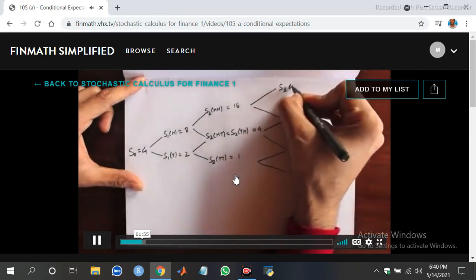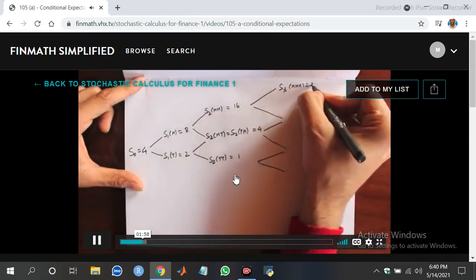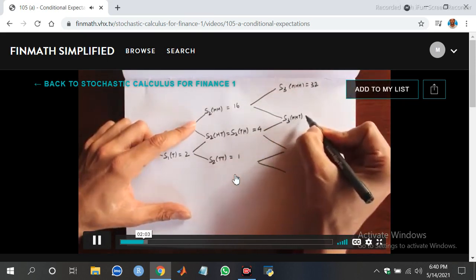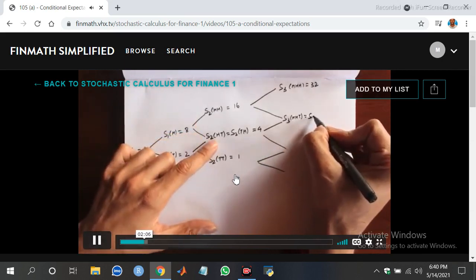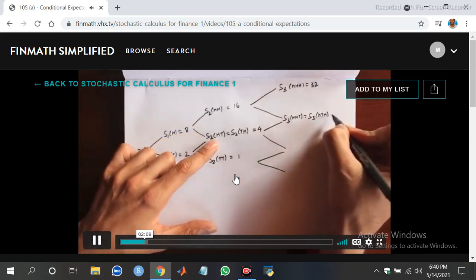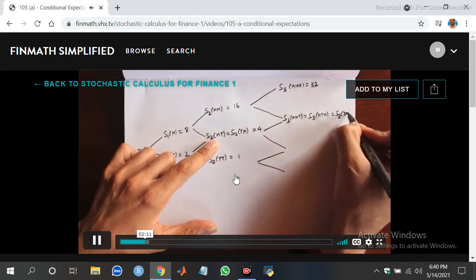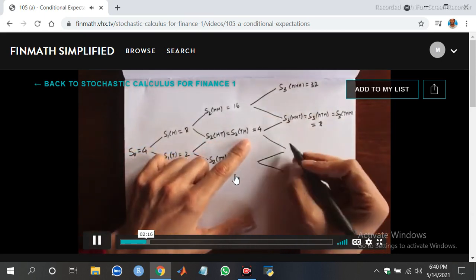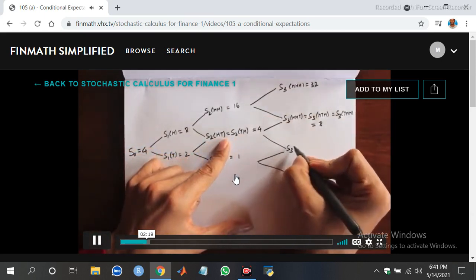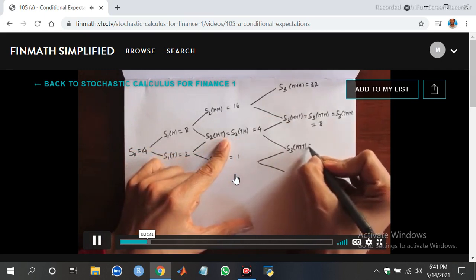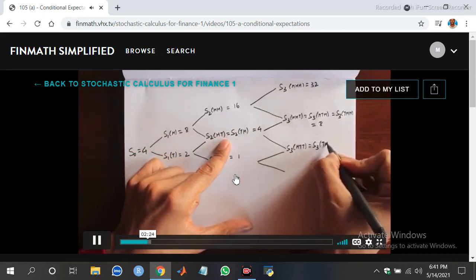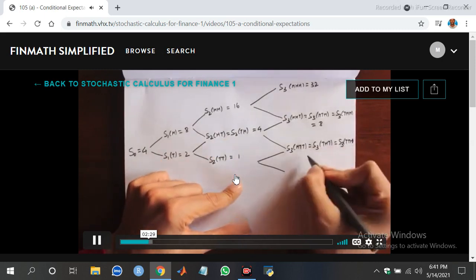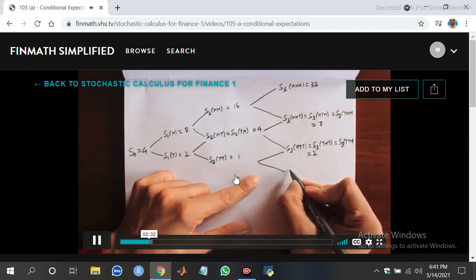So we can get another head, head. That would become 32. We could get a tail, head, tail. That would be the same as S3, head, tail, getting a head here. S3, tail, head. And that would basically make it 8. Or we could get S3, head, tail, tail. S3, tail, head, tail equals S3. Tail, head equals 2, or we could get a tail,